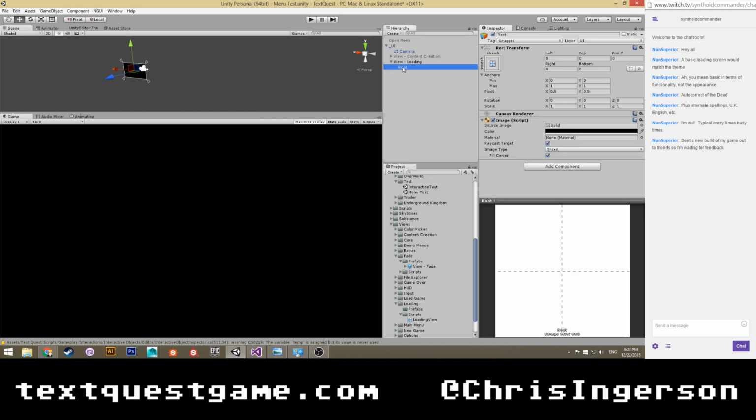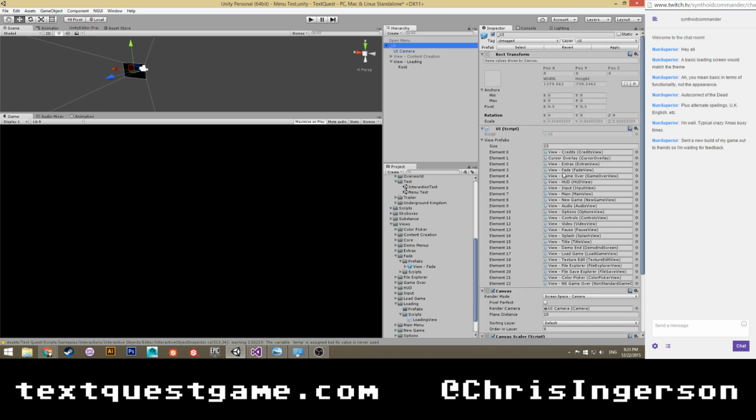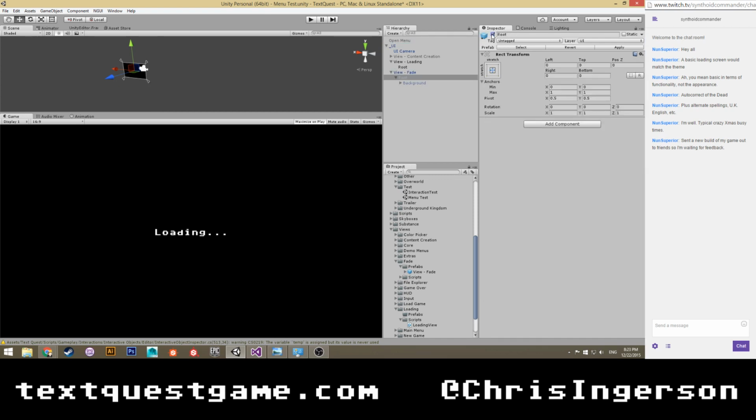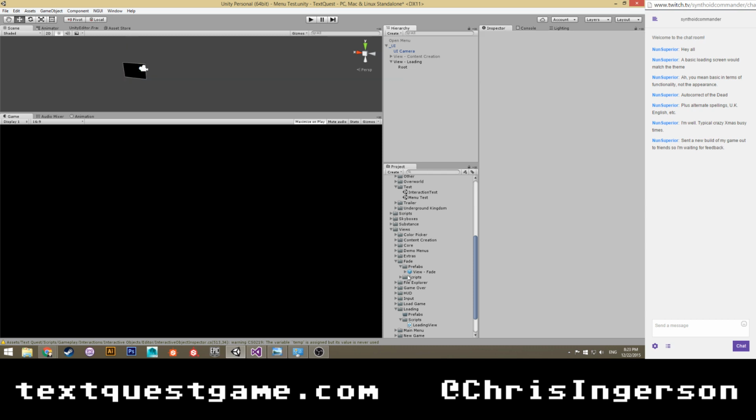So there's our root. And you know what? Actually, it will be faster to just rip out one of these guys. So that's that. Except it's not going to be that one. We're going to need game over would probably be a good base.